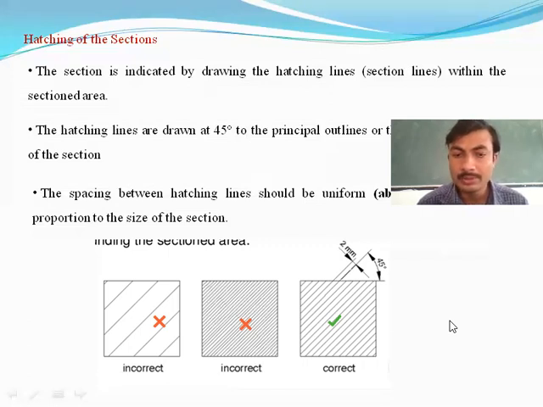Figure A and figure B are both incorrect because in figure A, the gap is not uniform. The distance is not 2 or 3 mm; it is more than 3 mm. But in figure B, the gap between each and every line is very small, it may be 1 mm or less. In figure C, you observe the angle is 45 degrees and the uniform distance of 2 mm is available. Hence, whenever you go for hatching, you have to do the hatching at this angle, in this manner.